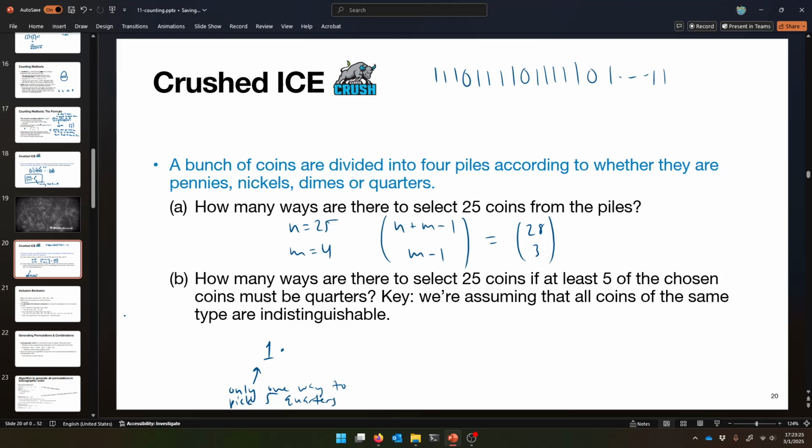And then you multiply that answer by, like, all right, you've picked 5 things. You want to pick 25 total. So now the question is, you can still pick some more quarters. You just had to have at least 5. So we'll start with 5, and now you've got 20 coins left to choose from. Does that make sense? So it's like 1 times all the ways to select